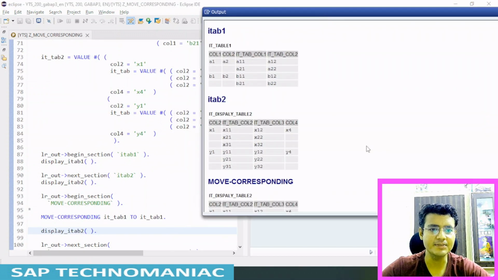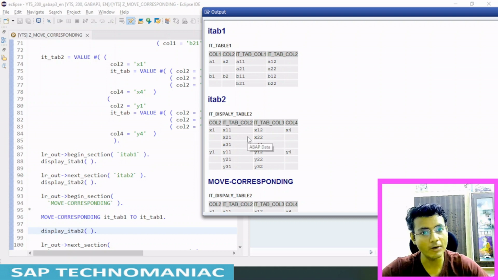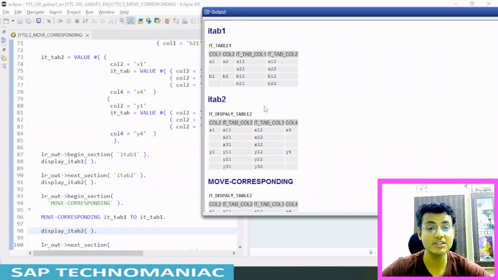So as you can see, as I told you, whenever we are moving one table to another internal table, it will match the columns. If any of the columns got matched, it will clear the entire table, then it will move the entries. That I have already explained. If we are doing the movement with a structure, whenever we are moving, the other structure entries will be intact if the column is not matched. This is not the case with tables. It will clear this entire table. Now it will move column 2 to column 2.